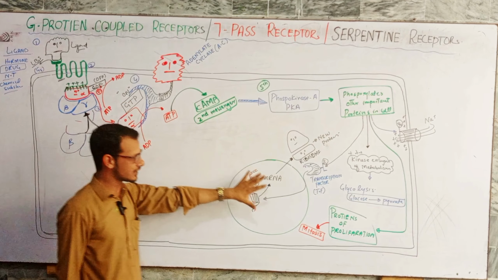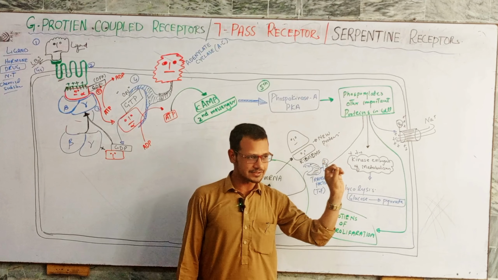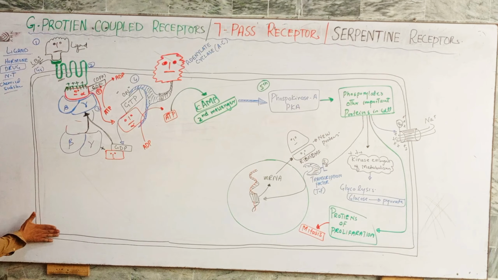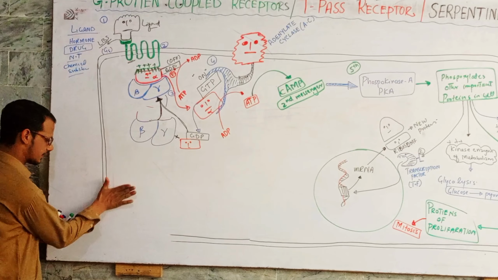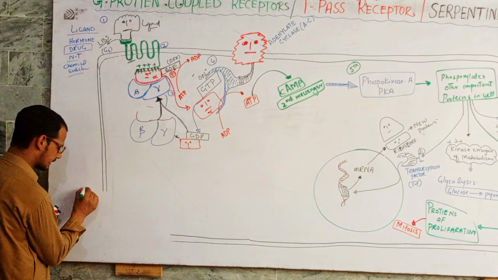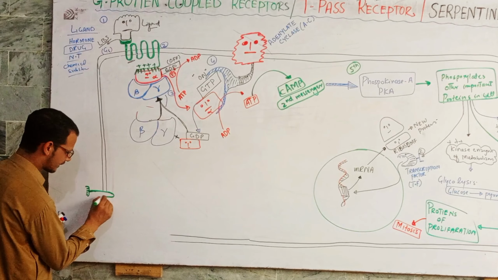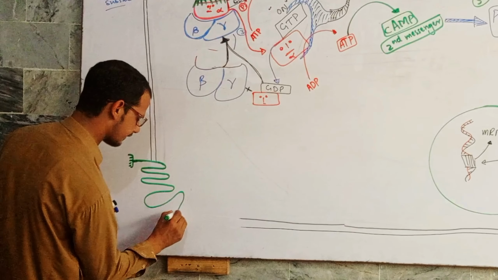So this is the first receptor we have discussed in 7-pass receptors. The second receptor we are going to discuss is the GQ receptor. For example, this is the ligand binding site, and this is the first, 2, 3, 4, 5, 6,